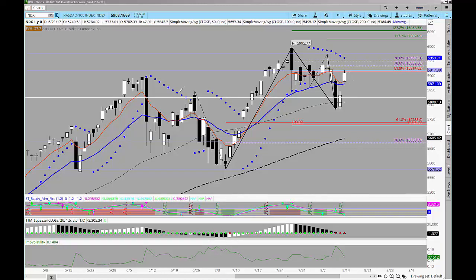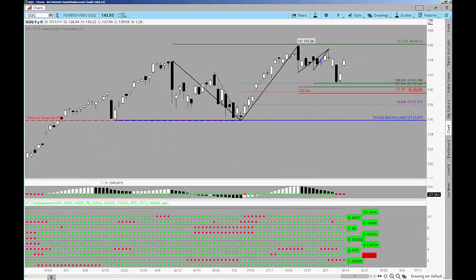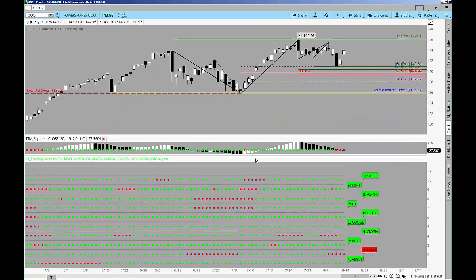The reason I think this is going to be important to focus on is because if we look at something like the Qs, we know that their primary component is going to be Apple, and of course NASDAQ Qs, same concept. I just have the ETF laid out with the top 10 holdings here, so as we try to determine what the NASDAQ will do, it makes sense to look to Apple. In that way, if the NASDAQ has a squeeze, we come back and take a look at a daily swing chart of Apple,